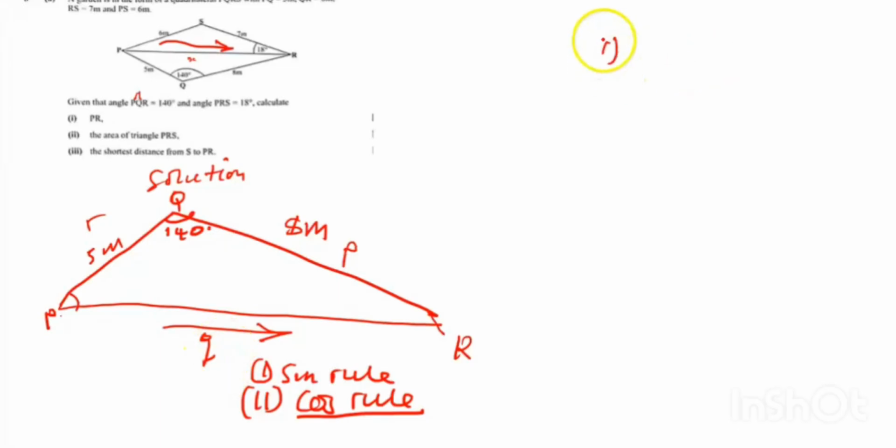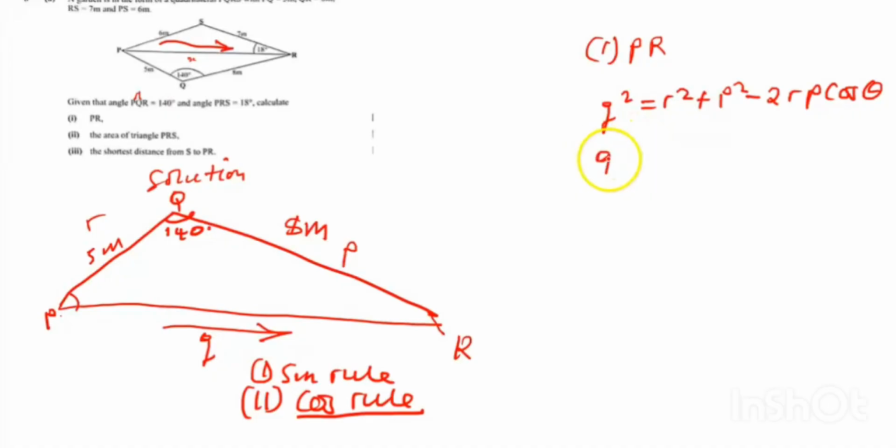So this is Roman numeral 1, PR. So small letter q squared is equal to r squared plus p squared minus 2 multiplied by r multiplied by p, then cos theta. So now if you reach here, this is where you substitute r, where there is r squared, the opposite of capital letter R, we have 5 here. So we have 5 squared, then plus